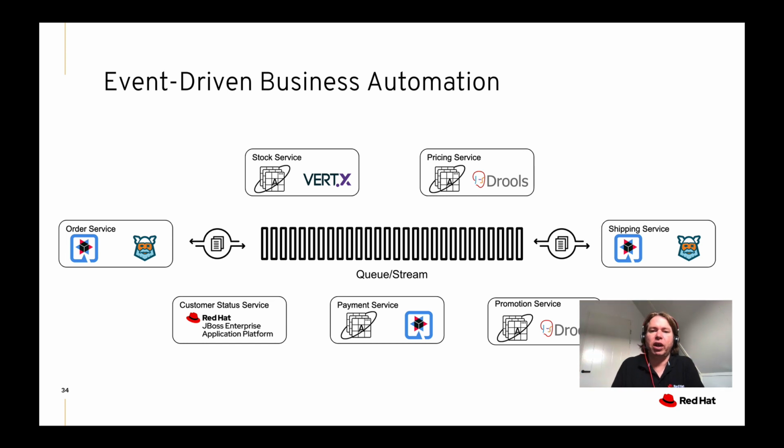And if we then look at event-driven business automation, we can see that with this technology we can very easily send events to a queue or a stream, and also have the capabilities to consume events from a queue or a stream. So in this example, you could have an order service that, once the order is placed, sends an order placed event into a queue or a stream that can then be picked up by a shipping service, for example, to say, well, okay, this order has been placed, and now I need to ship this order to a